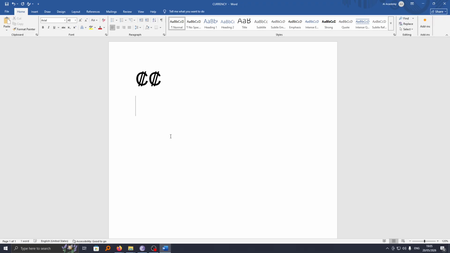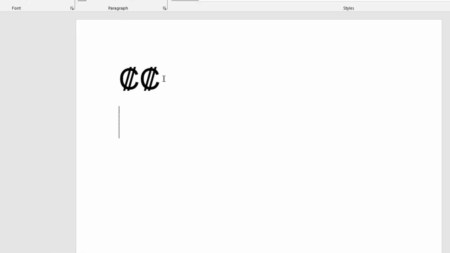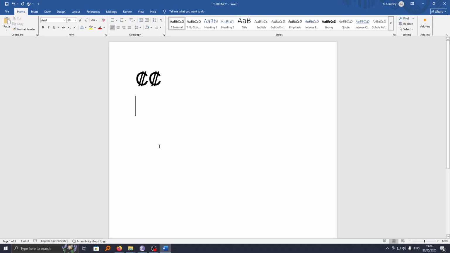So colon currency symbol is a currency symbol for Costa Rica, and this is how it looks like. Now the challenge is that most keyboards don't have this currency symbol shortcut on their keyboards. However, you can create your own, and to do this, just head over to your Word document and then click